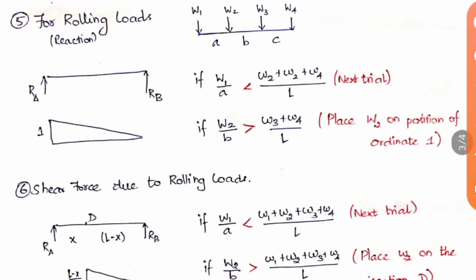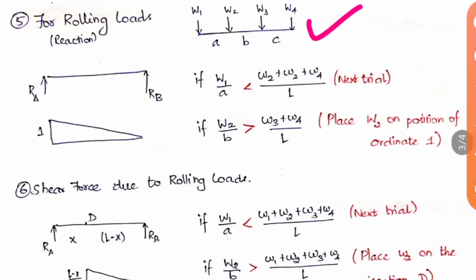The next thing we are going to see is the rolling load. So this is very important. Okay, so here I have taken a rolling load like this, that is of 4 loads, W1, W2, W3 and W4, with spacings A, B and C. Why I have given 3 different spacings is that when you solve a problem, they may give a uniform spacing, like 2 meter, 2 meter spacing, or they may give 2 meter, 3 meter, 5 meter, different spans. So when you take it as A, B, C, it will be easy for us to study, and easy when you apply it also.